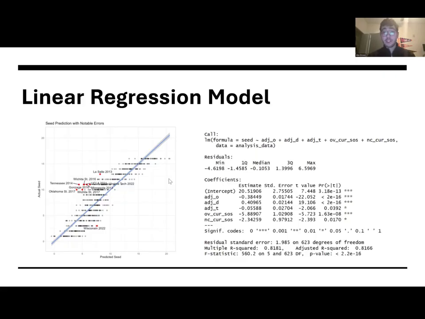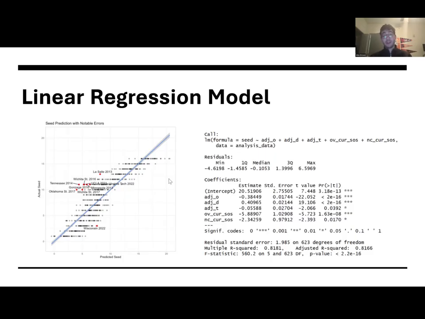So we can see here the coefficients that these had. All of this pretty much makes sense to what you would think. As a team had a higher adjusted offensive efficiency, their seed was lower by 0.38 per adjusted offense increase of 1. Adjusted defense, pretty similar value, but in the opposite direction. So this does give some credible evidence towards the fact that you need an offense and a defense to succeed. But the defense does weigh a little heavier in this information, which I do think is important. The teams that were defensively oriented might be at a little bit of a bonus here when it comes to their seeding and their performance throughout the season. And then lastly, tempo.